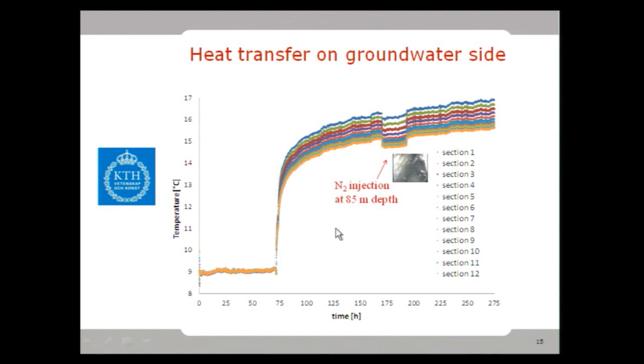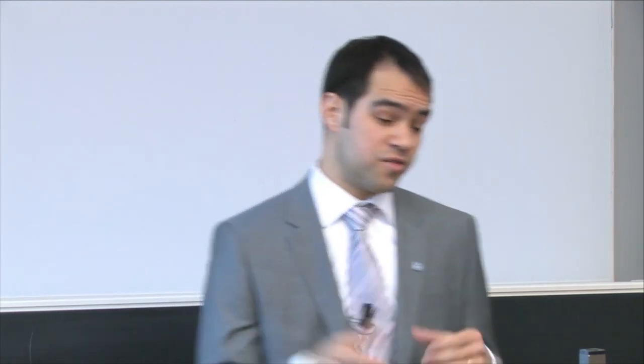So this is an injection point located at 85 meters depth. From 85 meters depth and upwards, there will be some kind of two-phase flow moving in the groundwater side of the borehole during this period of time. And you can see that the whole temperature profile in some ways is changing because of this. And if you want to compare